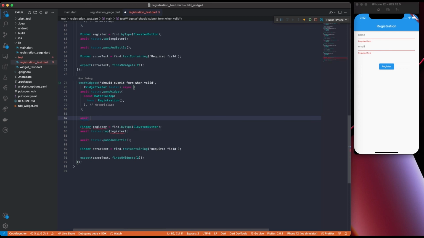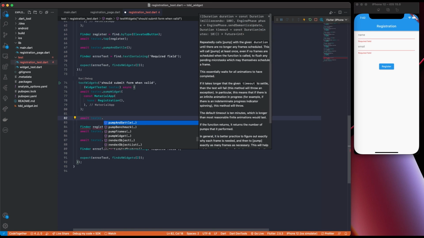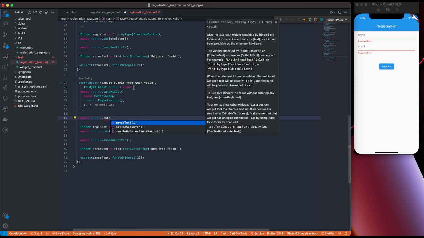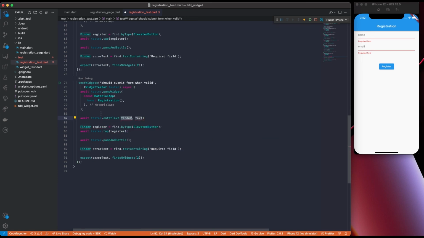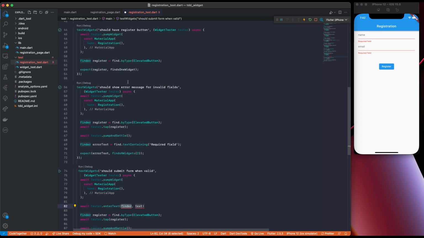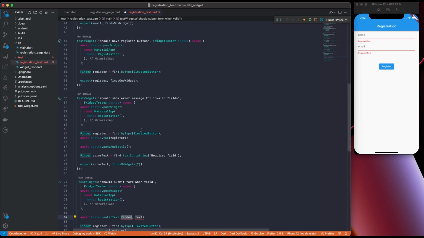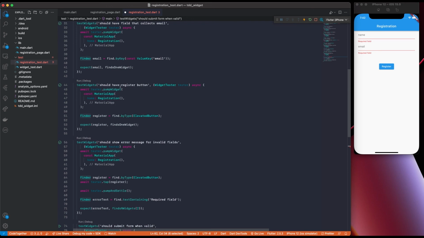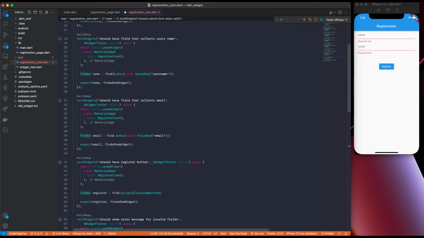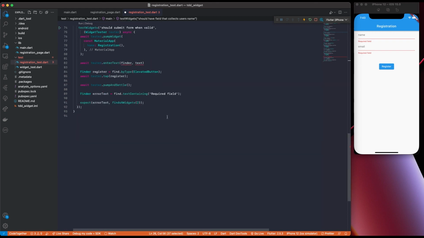So let's go with await tester, and here we can say enterText, and we'll have to add the finder. In this case, we can copy our finder from here where we are finding by the key. So we're going to use our finder here, find by key, and we're going to enter some text,